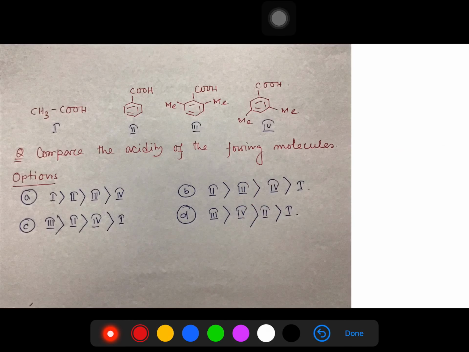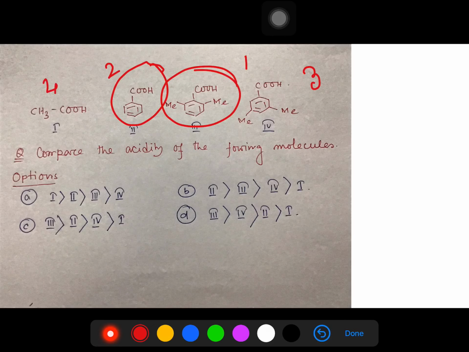Now question, what is the actual order? What we know, which is most acidic? This. Which is acidic after that? This benzoic acid. So this is 1, this is 2, third this is 3 because benzene containing, and this is 4. Now first of all 1, in this case 3 must be at the top position, either this or this. Now second should be 2, so in this case second is this, so this is the answer. So this is the overall description of this process.